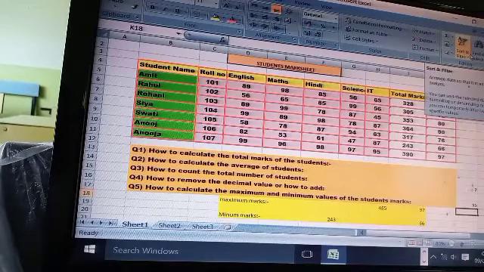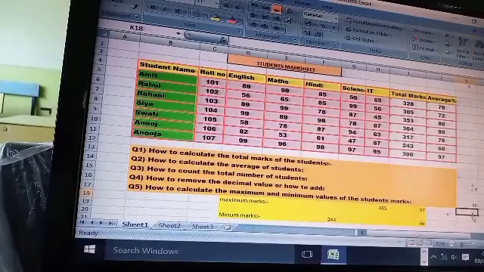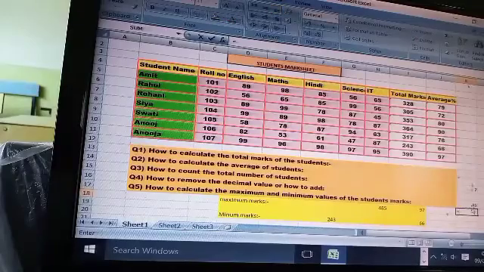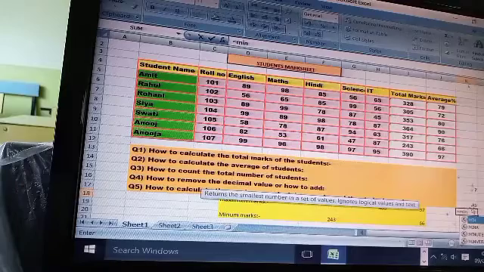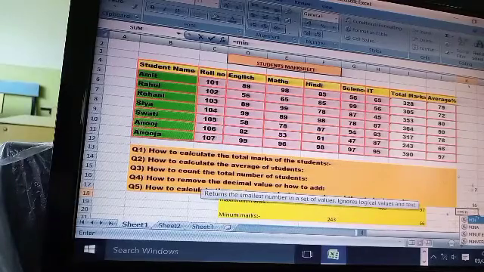Now, who has taken the minimum mark in Hindi? Equals to Min. Either you have to use the shift key and opening bracket.